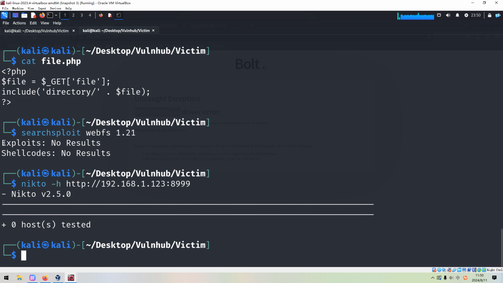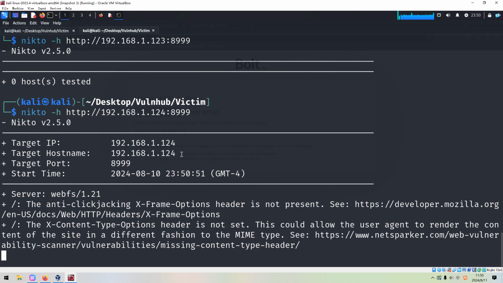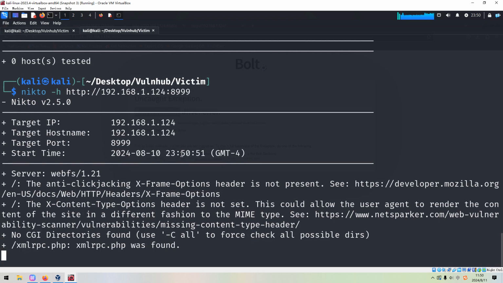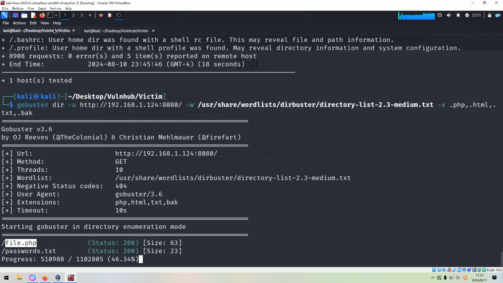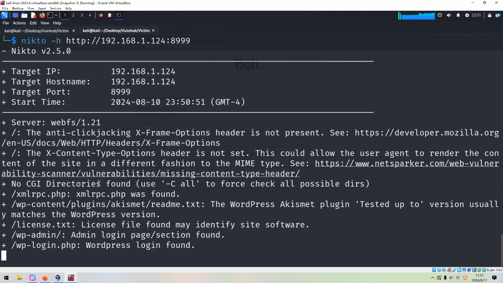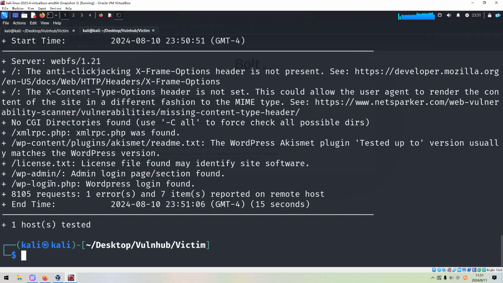So, oh, sorry, I mistyped the IP address. It looks like it's running WordPress. Interesting. WordPress.